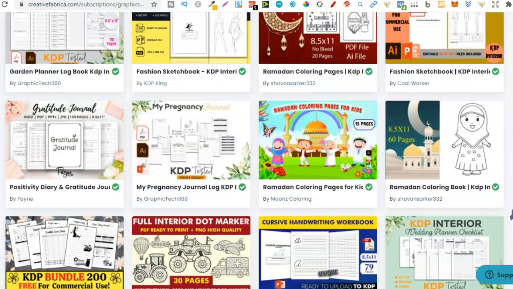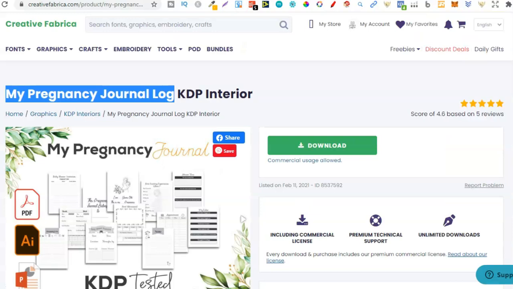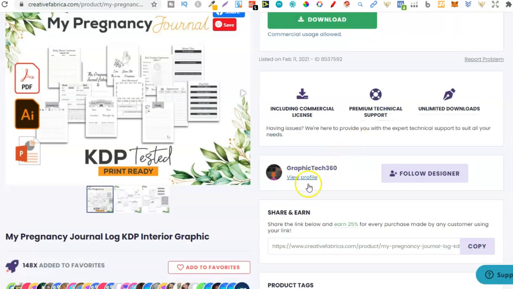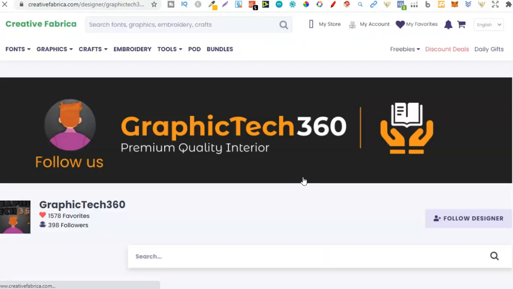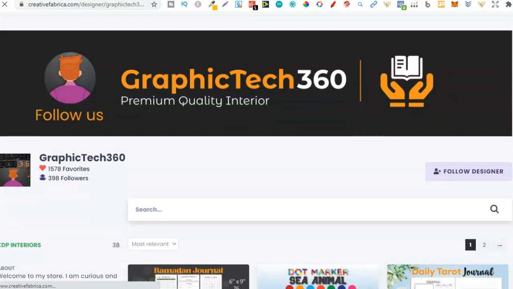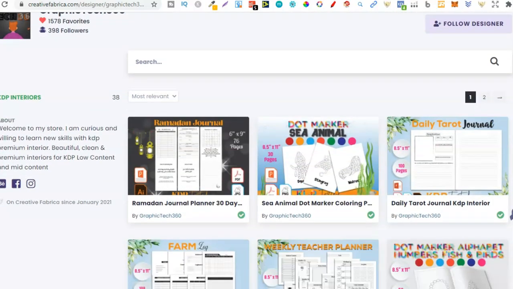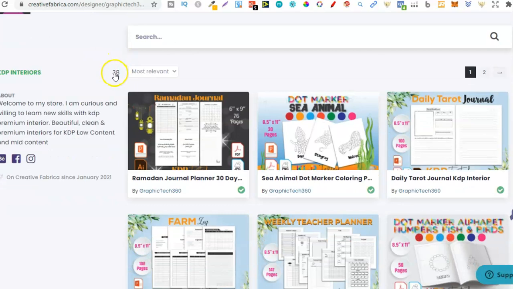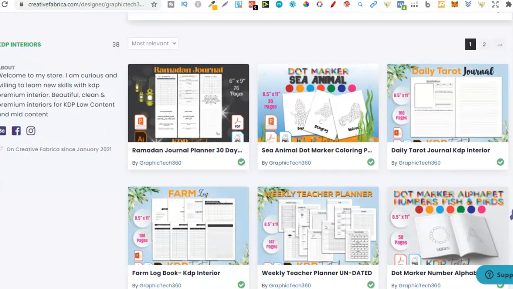and as you can see, there's just so many different niche ideas. Now, what I would also do is once I found that seller, so we've got that open in a new tab, I would now go through just here to check their profile. And from here, I can see what other niches they're actually creating interiors for. And from here, we can see they have 38 interiors,